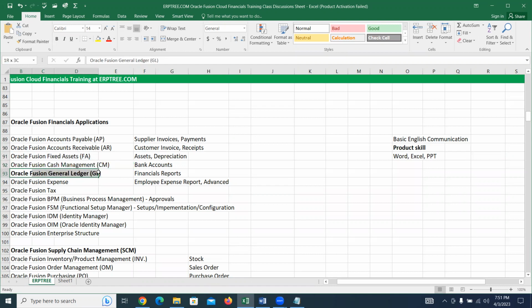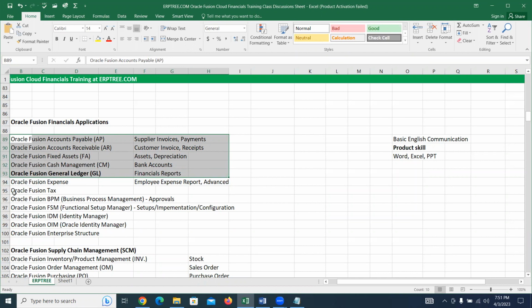And by using the Oracle Fusion General Ledger application, we will prepare the financial reports. From all the activities you do across these applications, we get the data into Oracle Fusion General Ledger. Here we prepare the financial reports. Within the financials, the base application is Oracle Fusion General Ledger. If no General Ledger, GL application, no financials. That's how we have the solution. We will come to know it in very detailed level. I'm just giving the introduction to introduce the names. You don't need to understand from these discussions. Just be aware of these names.